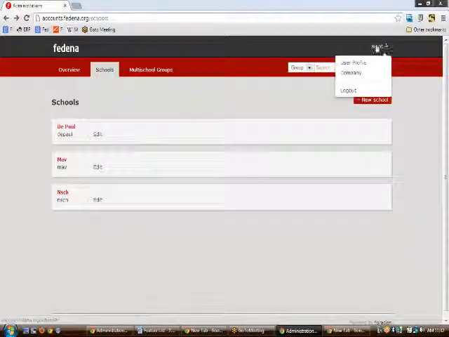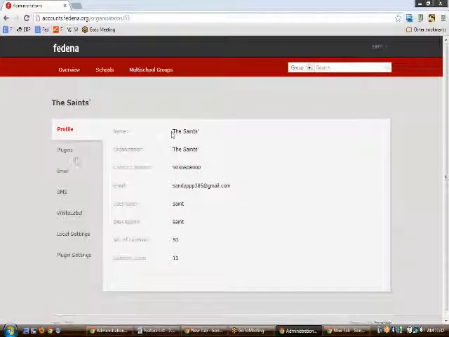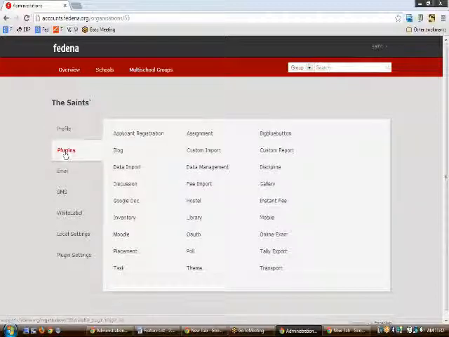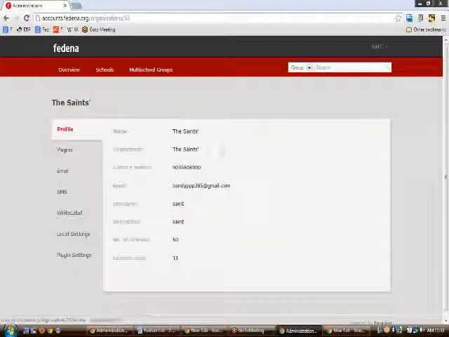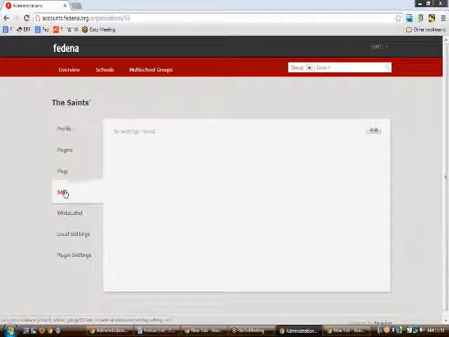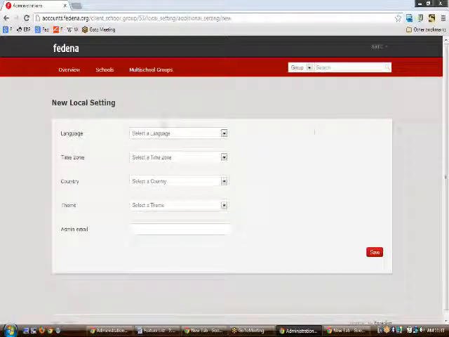The same goes for the company settings here. The number of plugins that are available for the client can be seen here. The profile that can be seen here can be edited from this user profile. Again, the email settings are to be done, and the SMS settings with the white label that I have already mentioned up here, and the local settings. If you want to have some kind of local settings, you can do it, where you will be asked to put your language, time zone, country, theme, and the admin email.